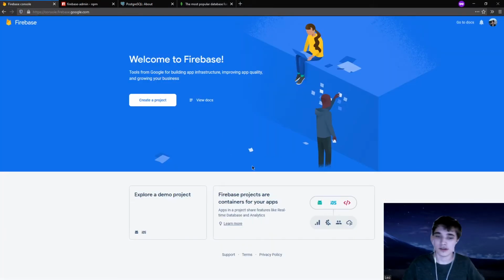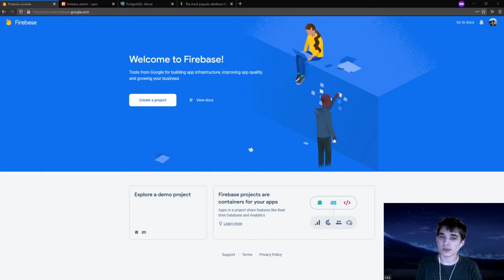Well, that's because Firebase is made by Google and it has a lot of features that you won't get out of something like MongoDB. So, really quick, let's just take a look here. Why would we really want to focus on using Firebase? Well, instead of a database, it's more like a pseudo backend. Now, I use this same verbiage in the README, but the reason I say so is that it's not just a database. It offers a lot of other features for your application, many of which you might not even need